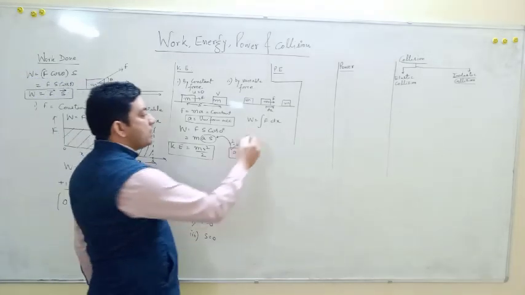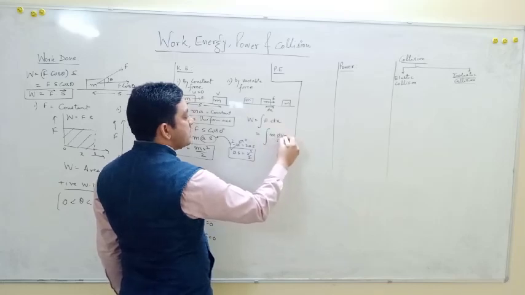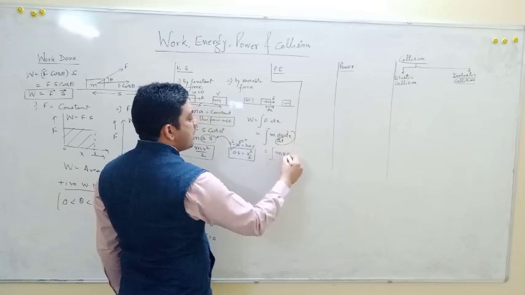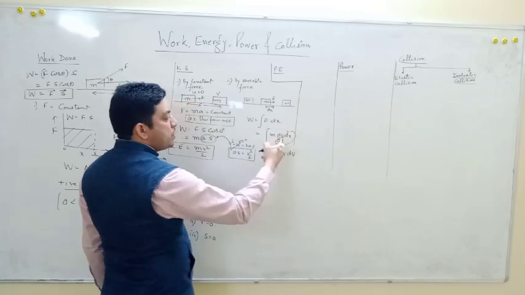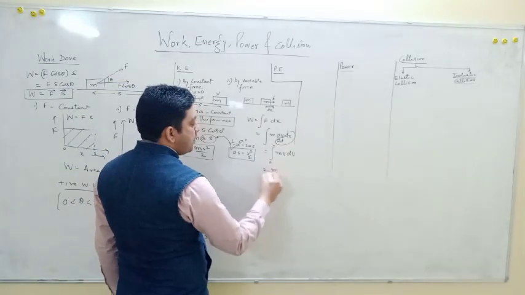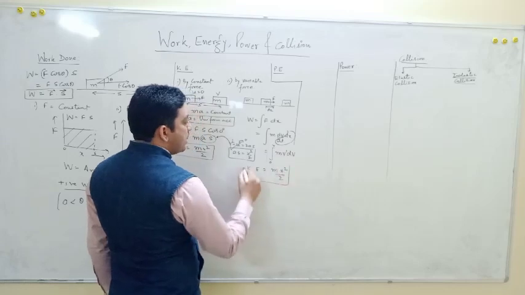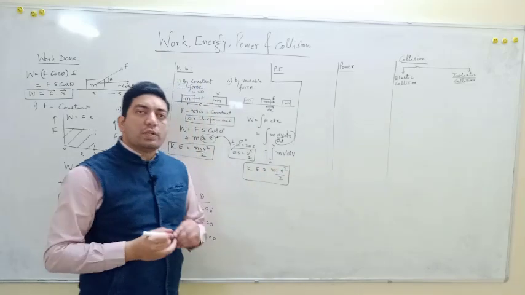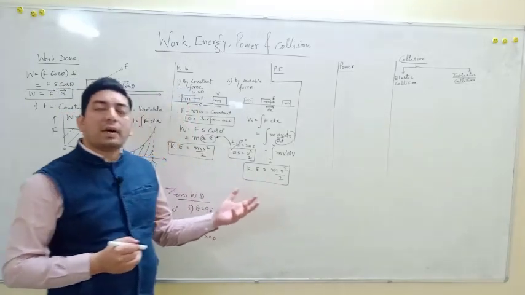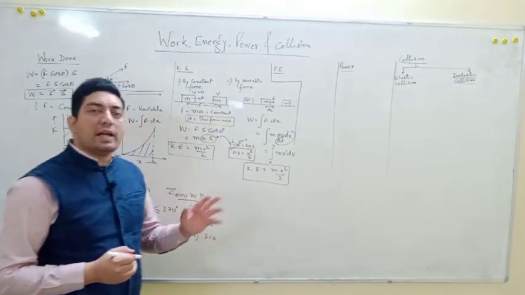Now here we know that the force is non-uniform, which can be written as m dv by dt at any instant times dx. We know that dx by dt can be replaced by v, the rate of change of displacement, and now we have to integrate it from 0 to v, so mass can be taken out. Integration of v to the power 1 will be v square by 2. Again we have obtained the same expression. So it doesn't matter whether the body has been acted on by a constant force or a variable force,